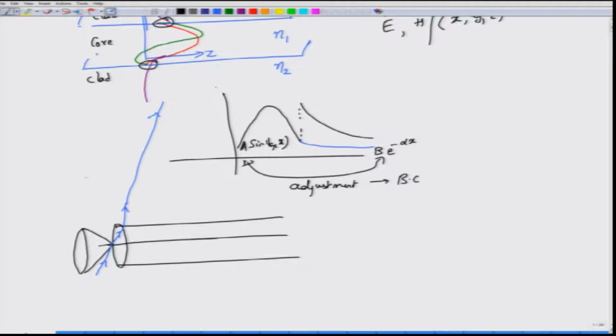But because the cladding is finite, at some point the cladding diameter has to come in, because it is a finite cladding radius. So what happens is that this mode, once it hits, then kind of reflects back, correct, because this region outside is a different refractive index. So when the cladding mode hits the clad radius or the clad boundary, then it simply reflects back. So essentially it gets trapped and propagates in the cladding as what is called a cladding mode.